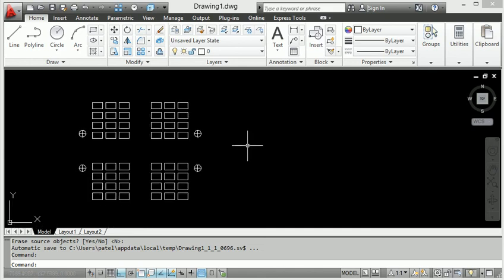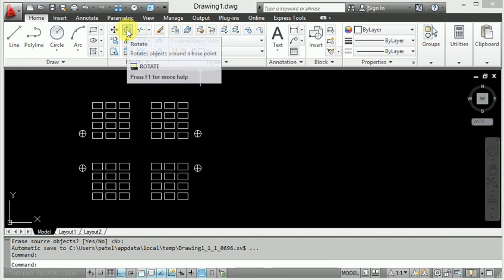Same thing, I will use the rotate command. The rotate command basically rotates the whole body you select by a particular angle. So right now I will rotate the whole components and whole 2D diagram by 45 degrees. So this is the rotate command, right?